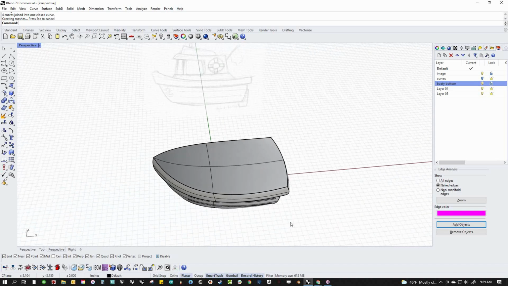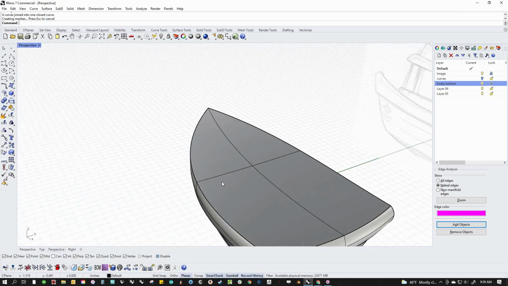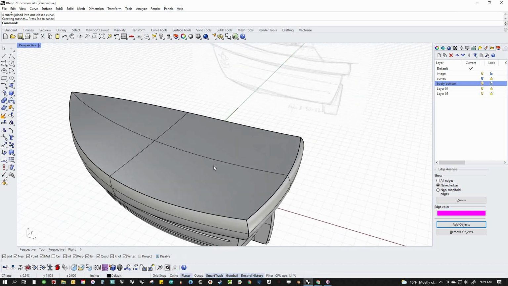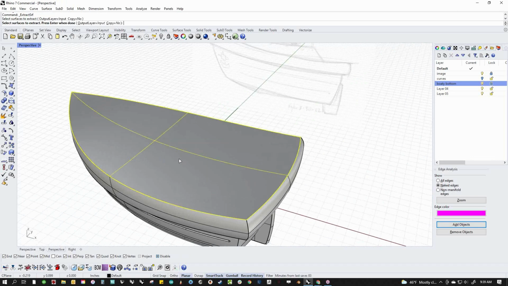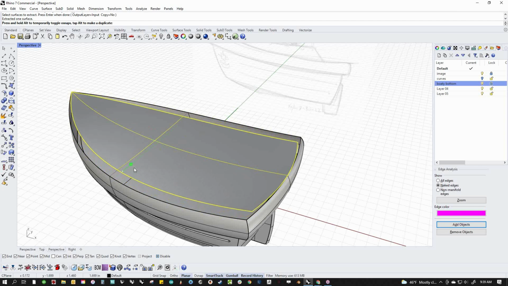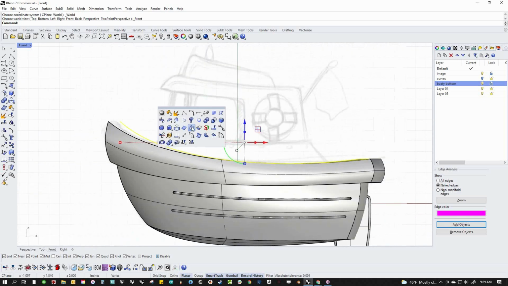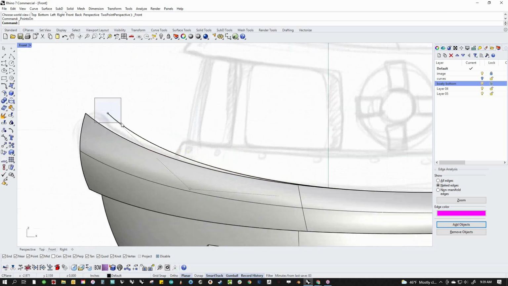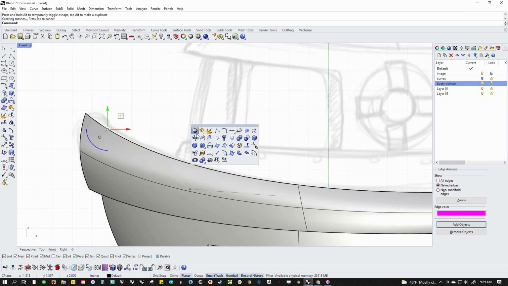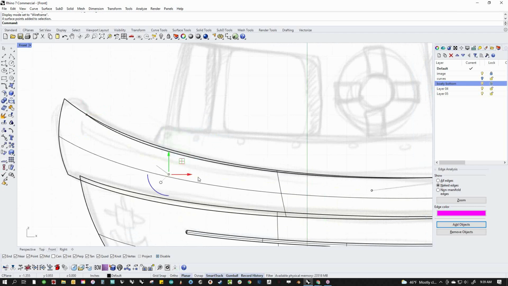And there's a couple of ways we can do this. We can actually pull a trick, which I am a big fan of. So I'm going to extract this surface, and then I'm going to use Gumball and just squish it in like this, and then squish it in like this. Then I'm going to go to my front view, turn my points on, and realign it just kind of visually, right? I don't need to get crazy. This is a toy. Nobody cares